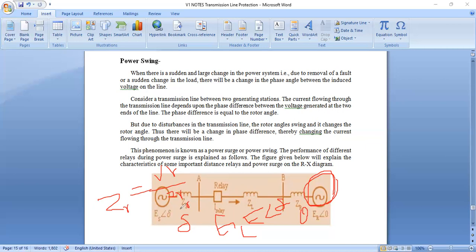So this ZR is nothing but the impedance seen by the relay during the power swing. And this VR is the voltage applied to the relay, and this is the current through the relay. So it can be derived that we will get the K is equals to,